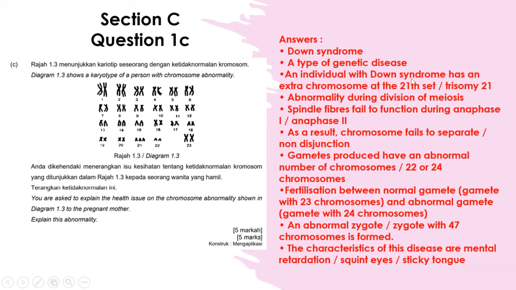An individual with Down syndrome has an extra chromosome at the 21st pair, or we call it trisomy 21. You can just write trisomy 21. It occurs because of an abnormality during meiosis. What happens? Spindle fibers fail to function during anaphase 1 or 2. As a result, chromosomes fail to separate,